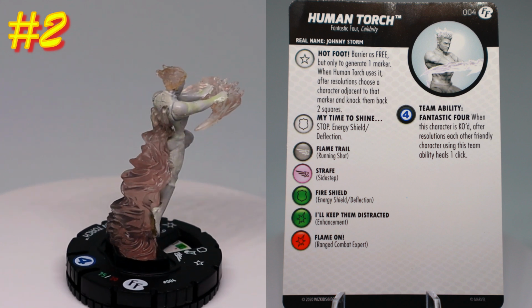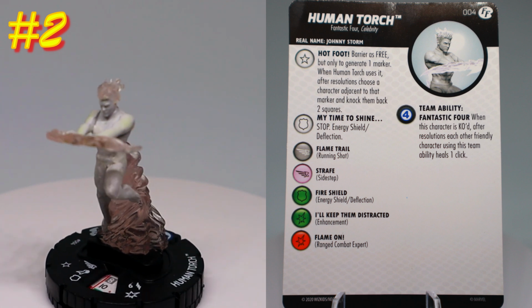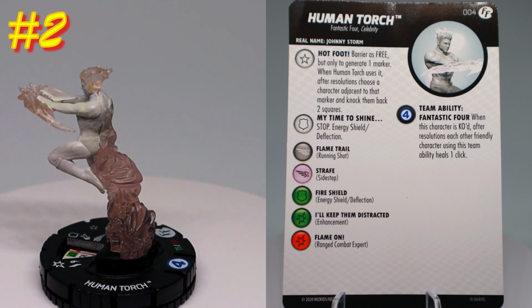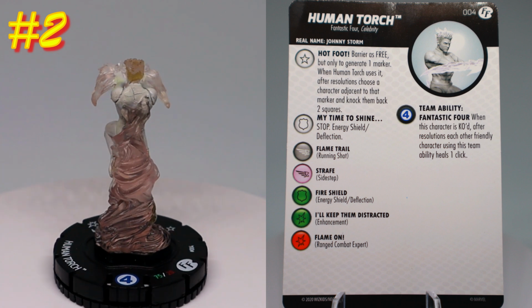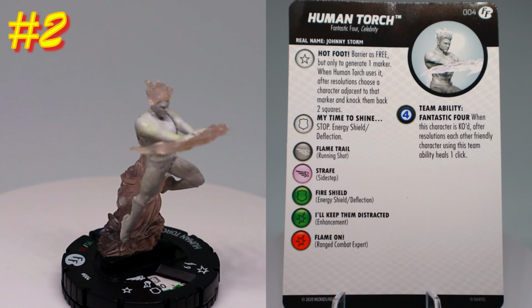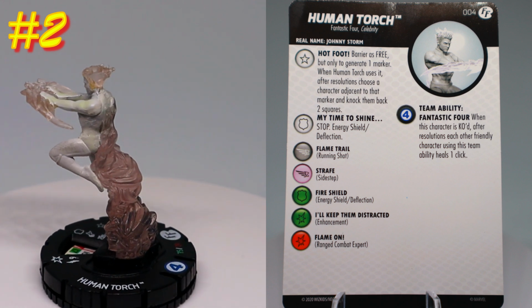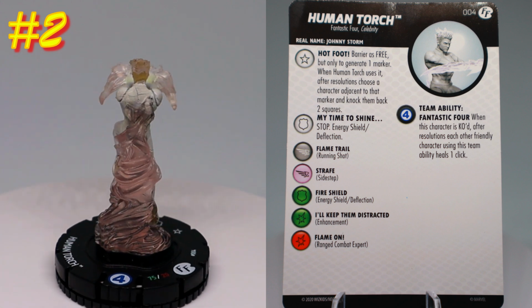That alone is so good. Free Barrier is, of course, always nice to block some lines of fire and make it a little harder for them to shoot you from range, but also a free knockback for 2 squares, and that's any character. So you can knock back your own friendly characters to either reposition them like a sidestep or a mini TK,